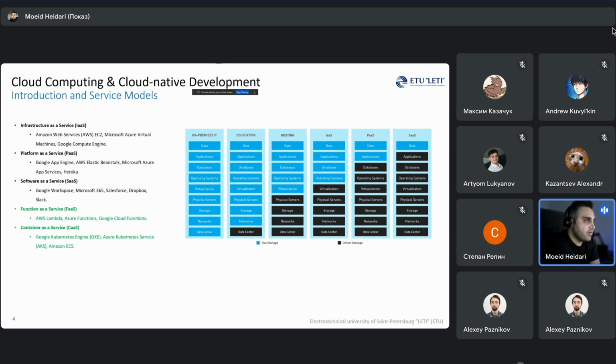You are responsible for the network infrastructure, storage, physical servers, even the whole virtualization and operating systems. All of the applications over this infrastructure are controlled by you. No one else is responsible; if a disaster happens or anything else, you are the only one responsible for the system. And we call this system